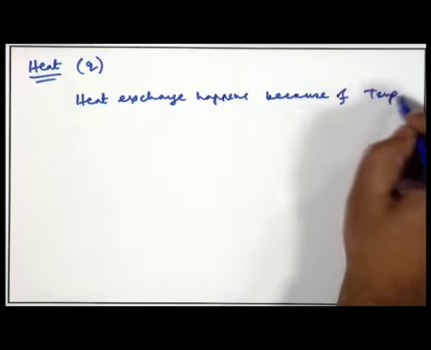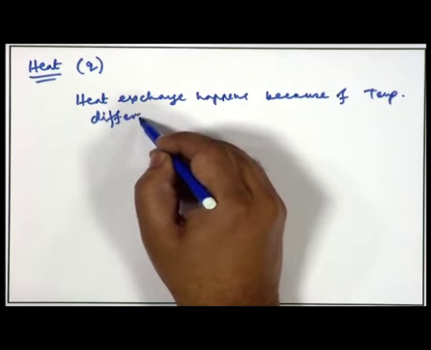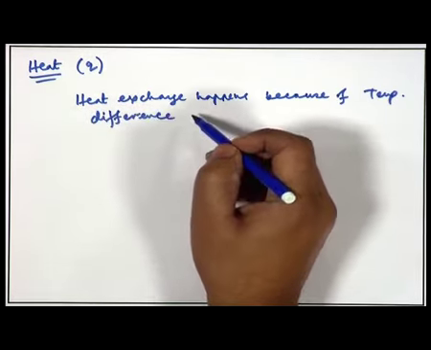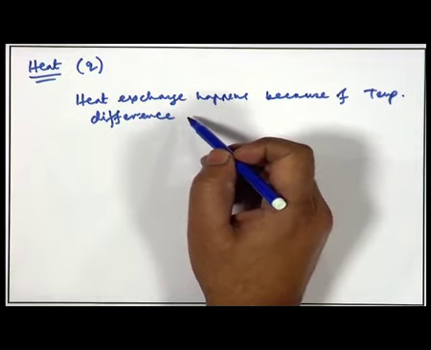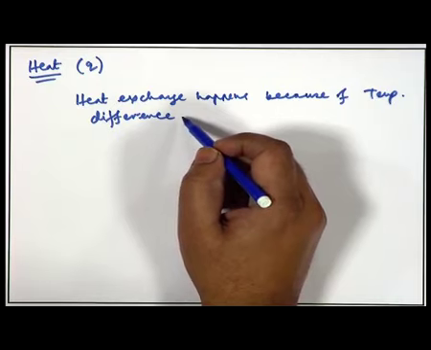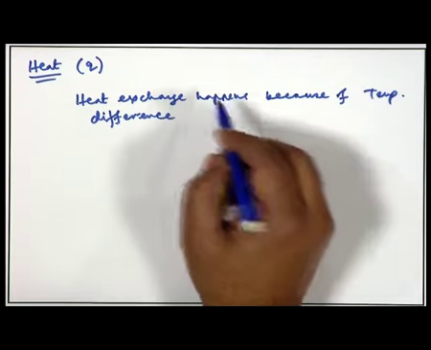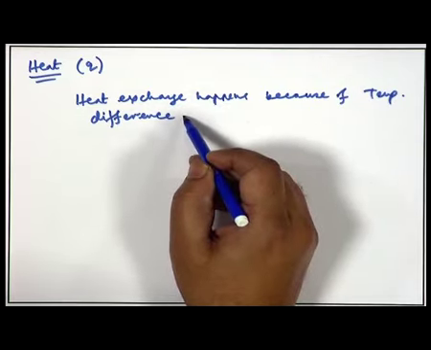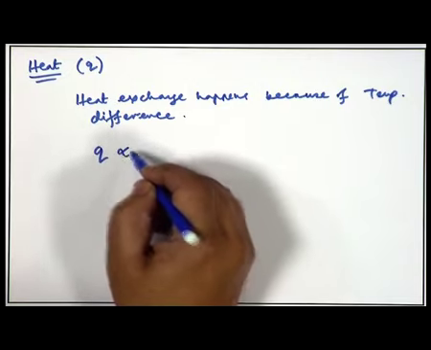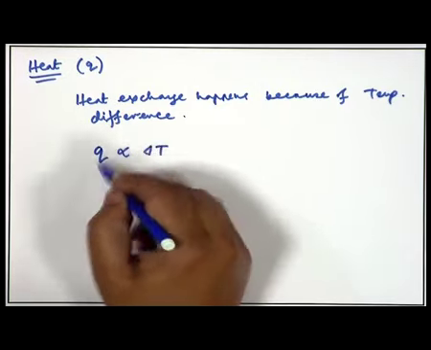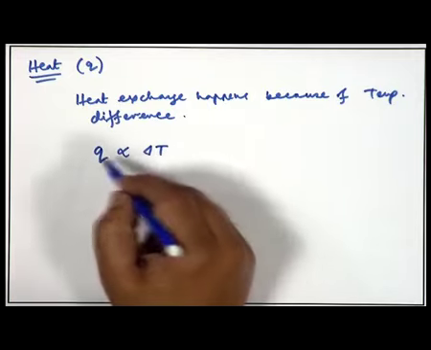We all understand that if there is a temperature difference between system and surroundings, and they are brought in contact through a non-adiabatic wall, heat exchange will happen and heat will move from higher temperature to lower temperature. And we know that this heat is proportional to the temperature difference of system and surroundings,